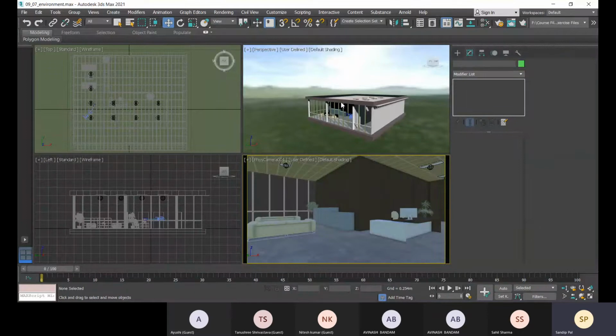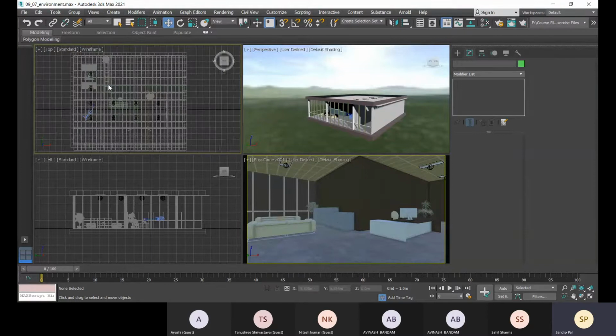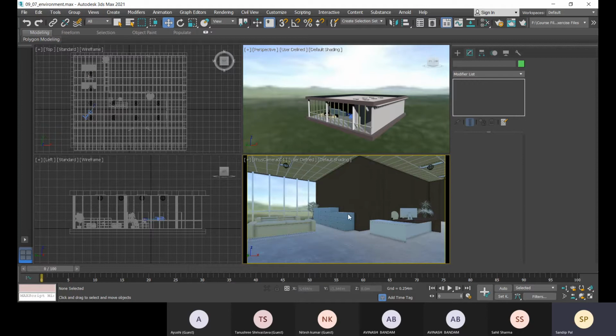This depends on each and every viewport. So if you want to see it in each and every viewport, you have to set it. Go to that viewport, and if you need to see it, set it. Here I don't need it, I will see it in solid color only. But in this perspective and in this physical camera I need it, so I'll go to the viewport background and change it to environment background. According to the environment I will get the light. Into this scene I will get light and illuminance.